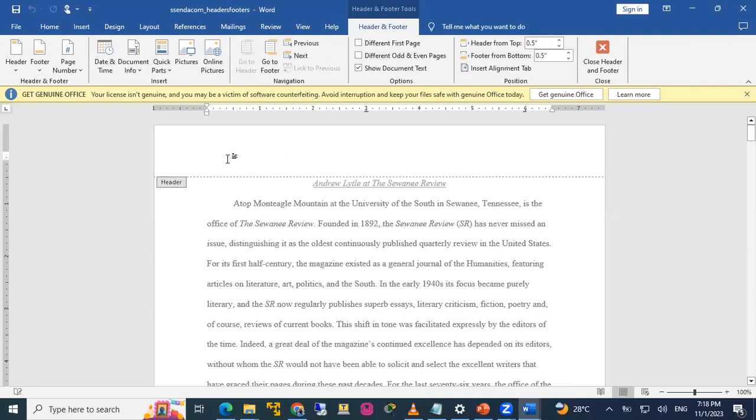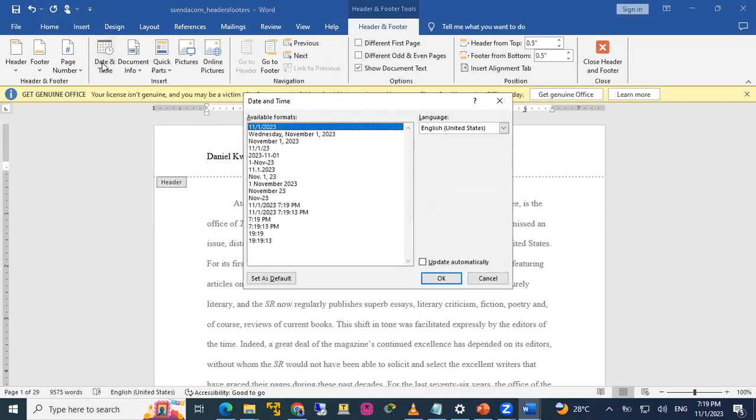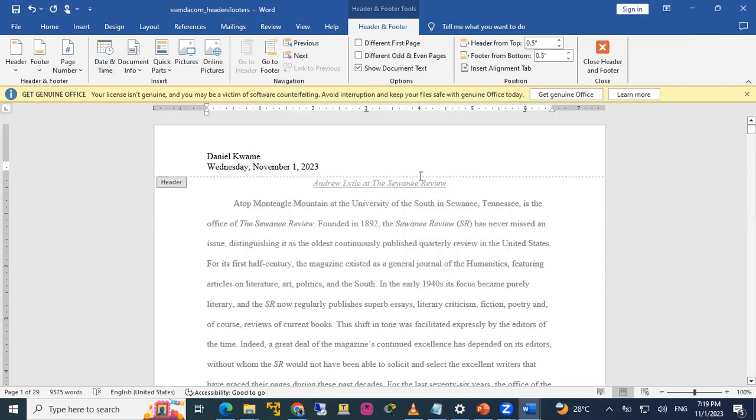So in the header, you can make the document your own. You can write your name there so that people would know that you are the one who created this document. So I can write my name over here and say enter. Okay, enter goes to the next line. I can add the date. You can actually add date here. So I go to date and time, and I add this date here. So once I add the date here, I have my name and my date, and then I come back here.